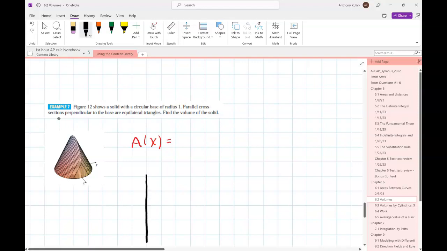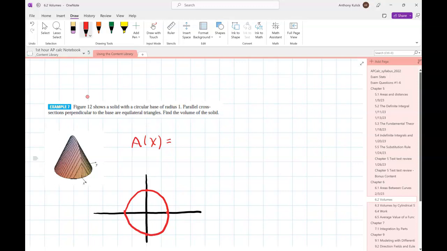So if I just embed the xy axis here, and I draw in that circular base, so that's the base of this figure, right? Everybody's cool with what I've just drawn there? It says its radius is 1, so I know this point is -1, 0. This point is +1, 0. This point is 0, -1. And this point up here is 0, +1. Everybody's okay with that